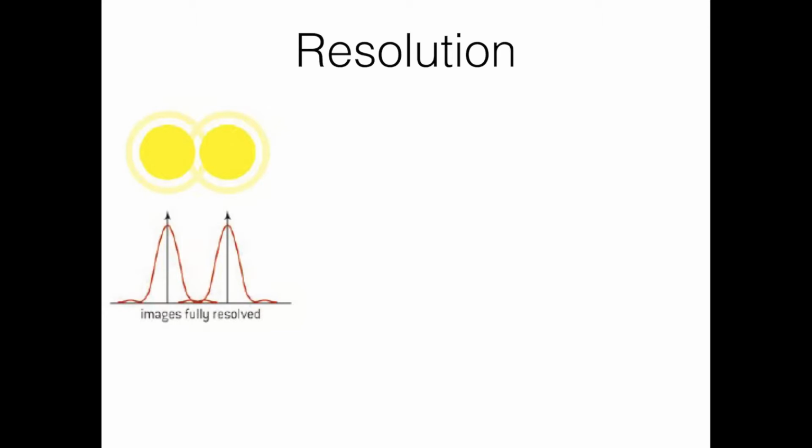It looks like maybe they only have one headlight, or it looks like it's just one bright spot. But then as they get closer, you start to be able to see the difference between the two headlights, and you see that there's actually two of them, not just one. This is resolution. When you can tell that there are two individual lights, we say that it is resolved, and that's what it means, that you can see the two individual